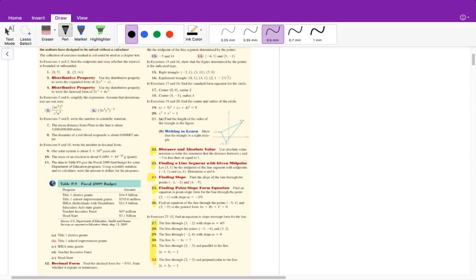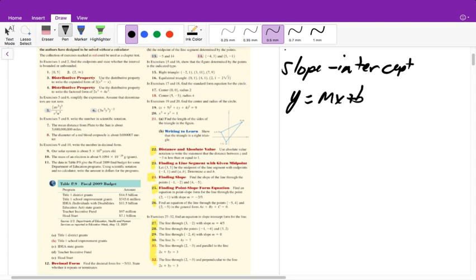All right, so for number 24, finding the slope, I'm just going to give you the formula. You should know this one, but our slope is equal to y2 minus y1 over x2 minus x1. So you're just simply plugging these points into that equation. And then remember there's two different equations that we've learned before. Our slope intercept equation, and that is y is equal to mx plus b,